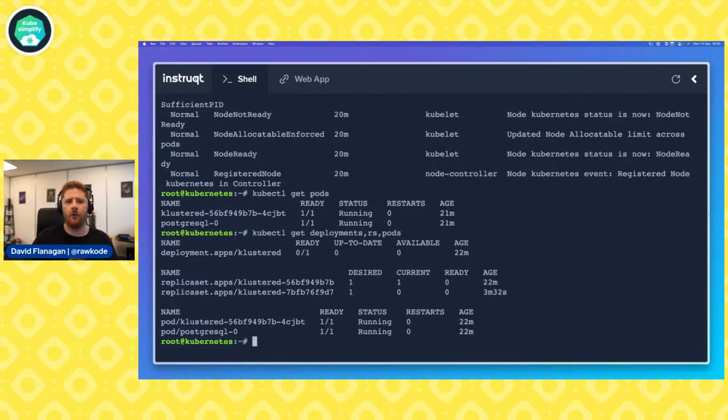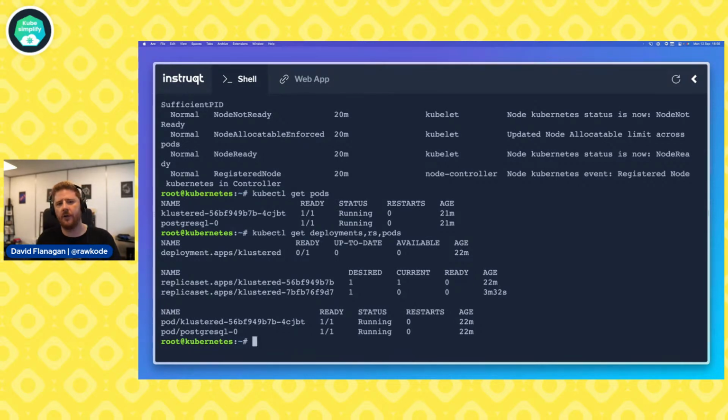The deployment controller's job is to create new replica sets when the deployment spec changes. Well, depending on which part of the deployment spec changes. Coincidentally, when a deployment controller writes back to etcd for a new replica set, there's a replica set controller. That replica set controller monitors for new replica sets or edits to existing replica sets and creates pods. So we have this layer of controllers all the way down. And what we have here is an indication that one of those controllers is not running.